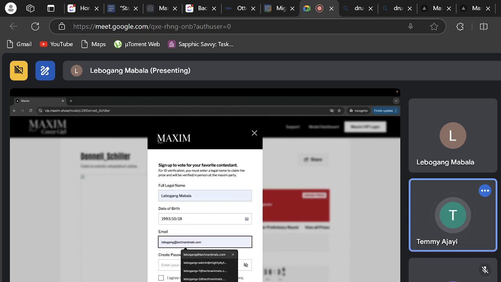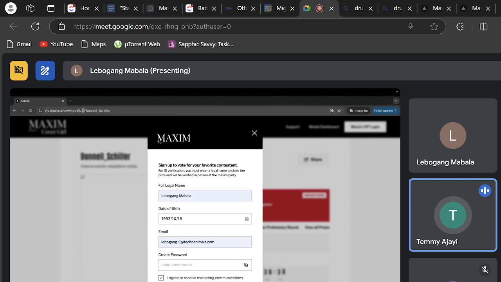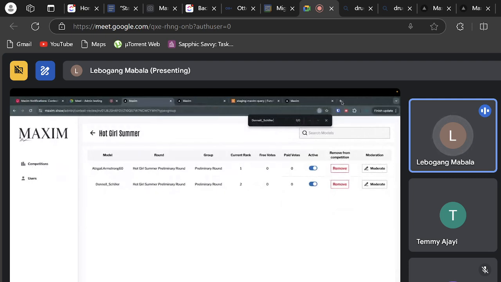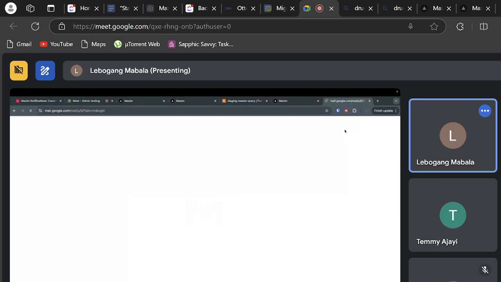Sorry, Lenny. But they don't have votes. So, what's the algorithm for ranking when you don't have votes? Maybe it's the way they registered, when they registered, right? Sorry, just a second.